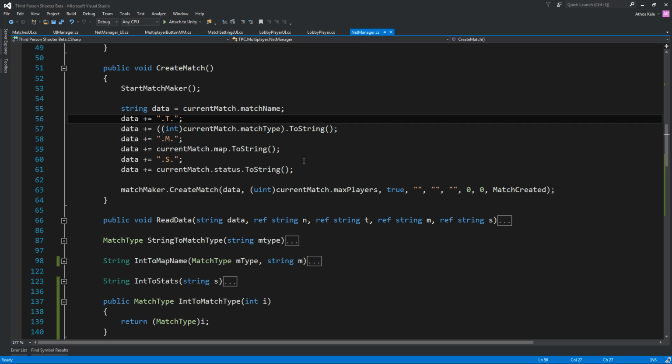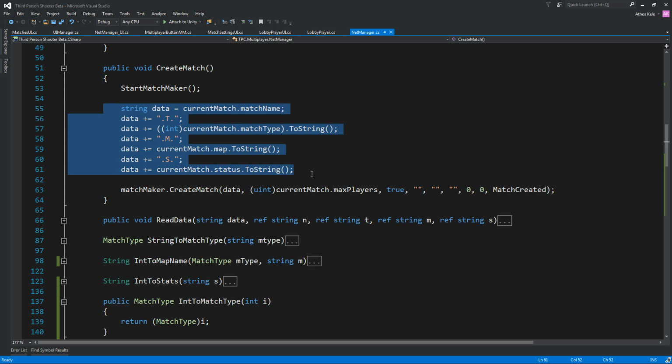We don't really care about lag. It's not necessary, because it will also pass the information only once. So if you want to, you can turn them into integers and then create them back into actual strings and names with switch statements and stuff like that. It's entirely up to you. But anyway, the important thing to know is that in our match name we're going to be passing